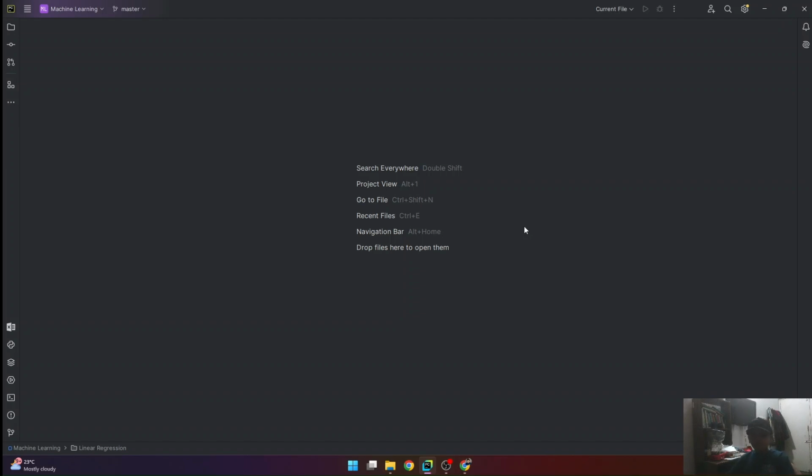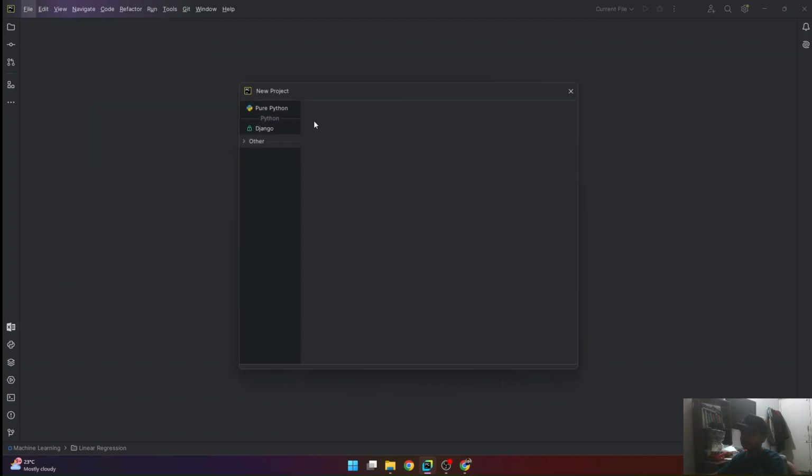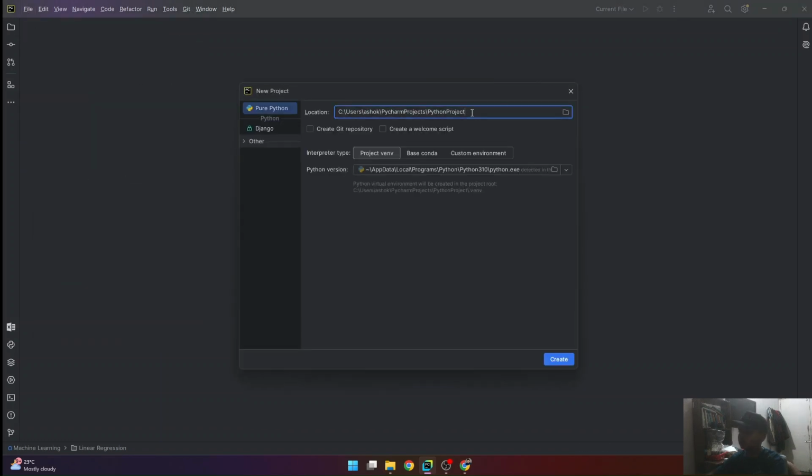Okay guys, now we're in PyCharm. So let's begin the programming. First, we'll create a new project. Let's name it Simple Linear Regression Predictor. We created it.